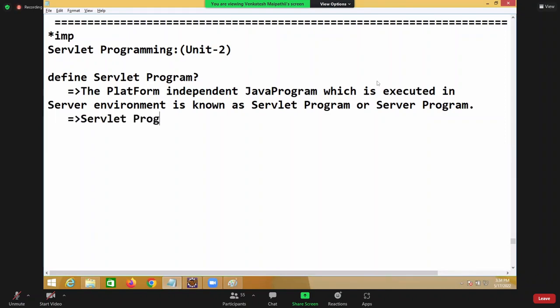Servlet program will accept HTTP request. HTTP stands for what now? Hypertext Transfer Protocol. Servlet program will accept HTTP request from user